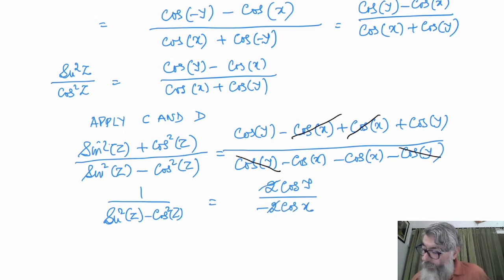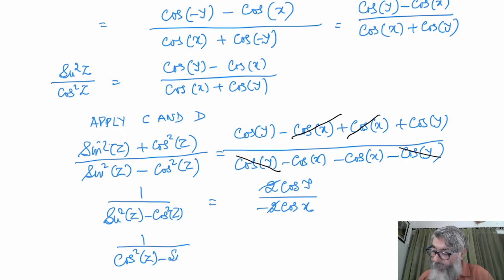2 will cancel. Now let us change the sign. Let me take out the minus sign common here. I'll tell you why. Cos square z minus sin square z, I make it like this. And obviously the sign will change here also, because if I have taken minus this side, or I have shifted both from left hand side to right hand side, so signs will change. So it will become cos y upon cos x.